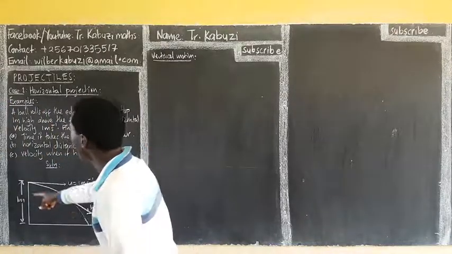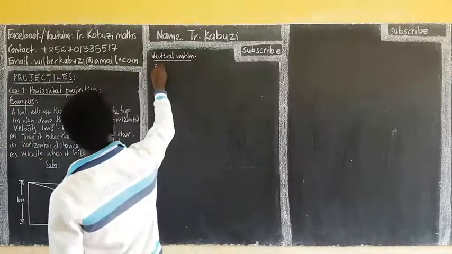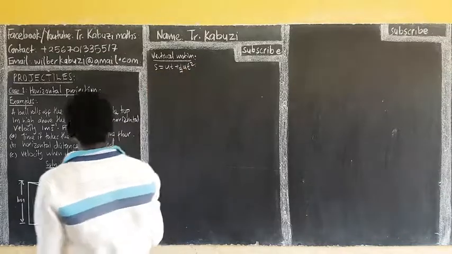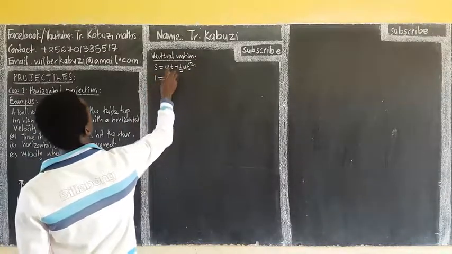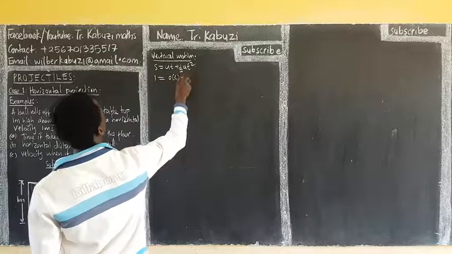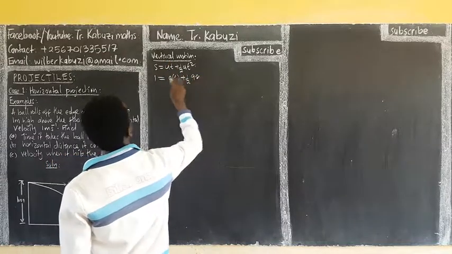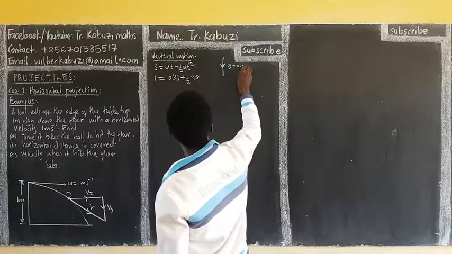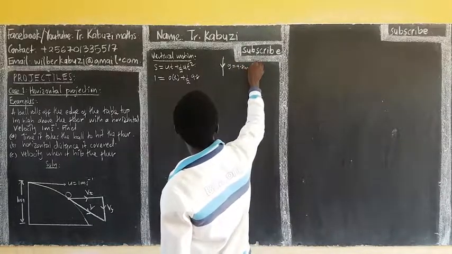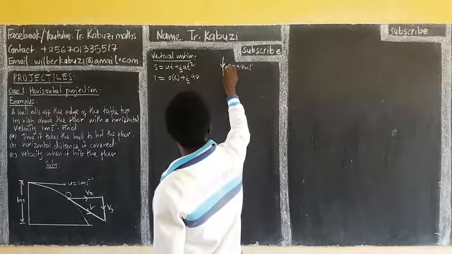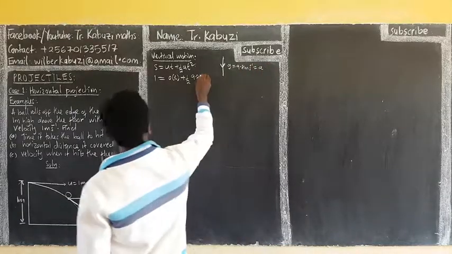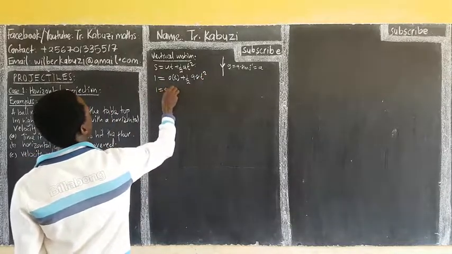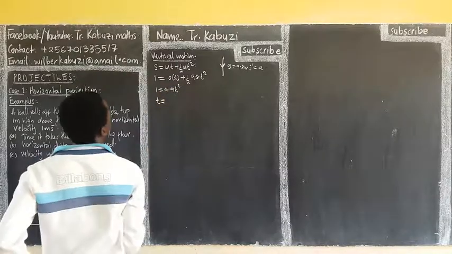We know that we have the distance, and whenever you have the distance, it calls for s equal to ut plus a half at squared. So now our distance here is going to be 1, equal to u, and whenever you're in vertical motion, our u is 0, then plus a half, our acceleration to be gravity. Whenever you have this motion downwards, you see it's coming downwards, so our g is going to be 9.8 meters per second squared, the acceleration due to gravity. So this is going to be our acceleration, then t squared. So this would be 1 equal to 4.9 t squared, and from there our t will be,